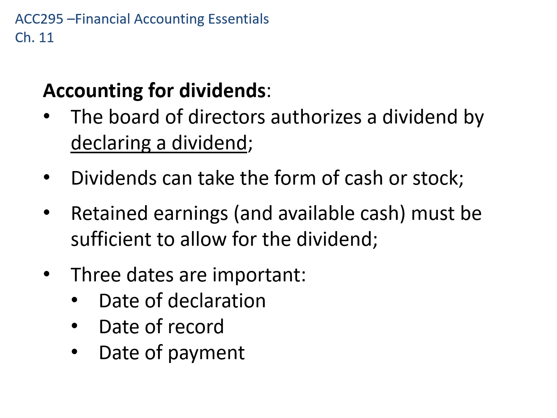And then 3 dates are important. The date of declaration, which is when the board of directors authorizes the dividend, that's going to trigger an entry. The date of record, so that's important because that's the date that will say the people who own the shares on this date are the ones that are going to get the check. As you can imagine, in a public corporation, people are buying and selling shares all of the time. So you need to have a fixed point where you say, okay, we're going to declare the dividend on October 15th to shareholders of record on October 31st, and we'll pay it on November 15th. So whoever owns the shares on October 31st, they're the ones that are going to get the check. And then the date of payment is just the day we pay the liability.